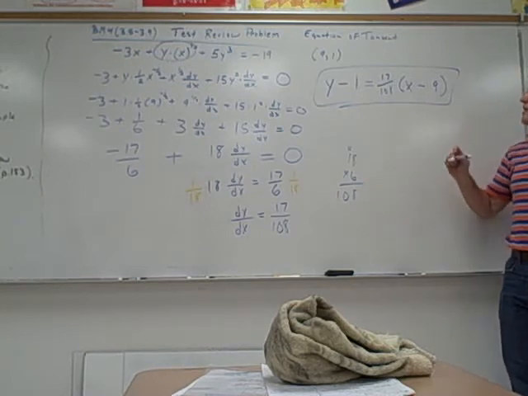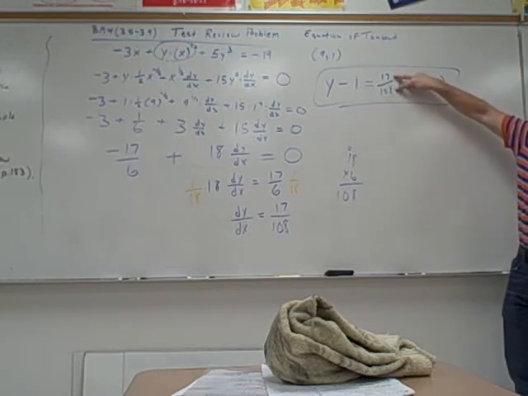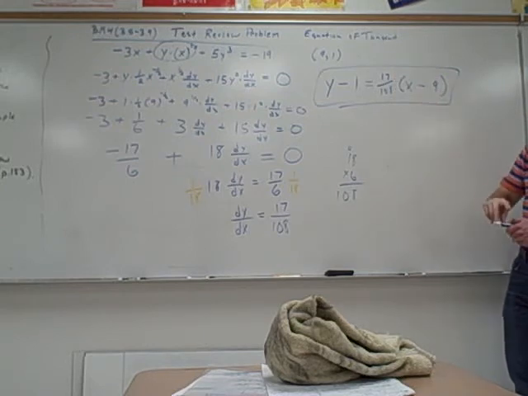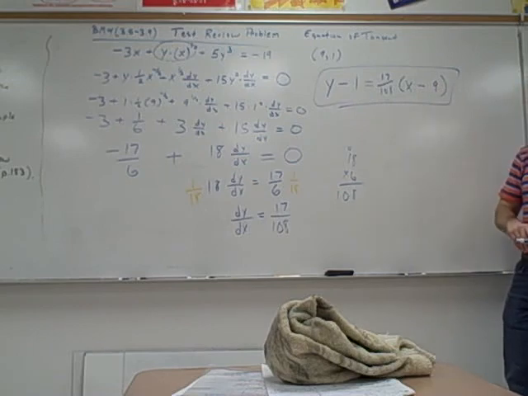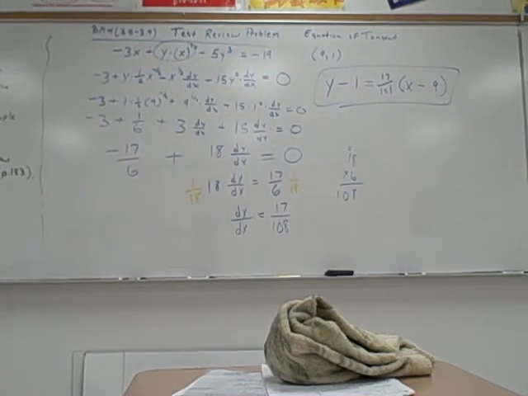What if they asked for the equation of the normal line? Then what would you change the slope to? Negative reciprocal, so it would be negative 108 over 17 if you were writing the equation of a normal line. The 1 and the 9 would stay the same. All right, so when you get to a problem similar to that,